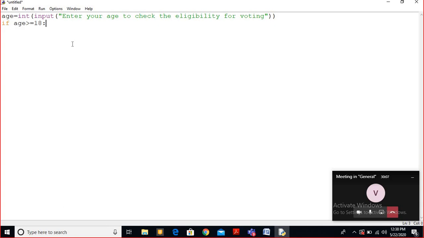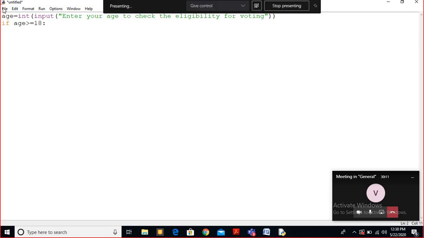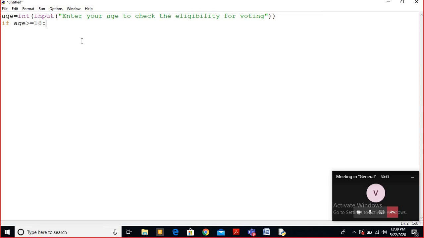Look, there is one thing I want to point out here. In other languages, to create a block we use curly braces, but in Python we do not use curly braces to create a block. It automatically makes the block. After you put this colon sign and press enter, you will see the cursor automatically moves a little ahead of if.